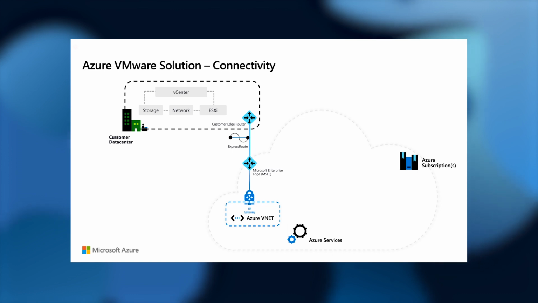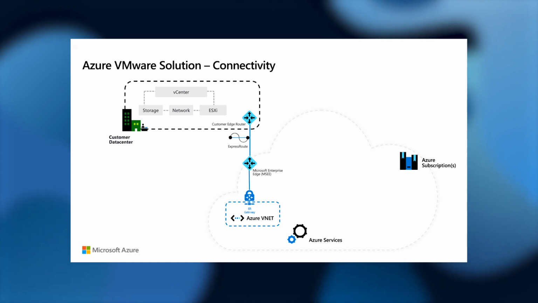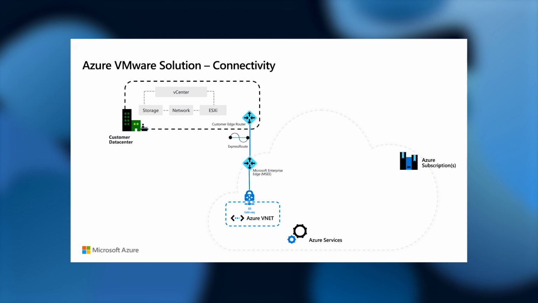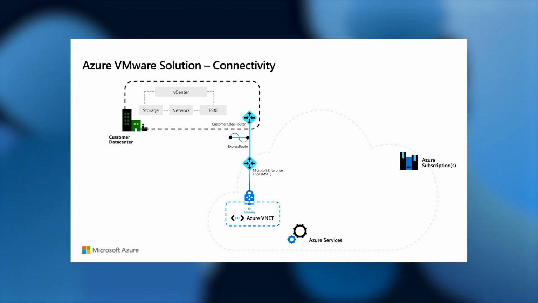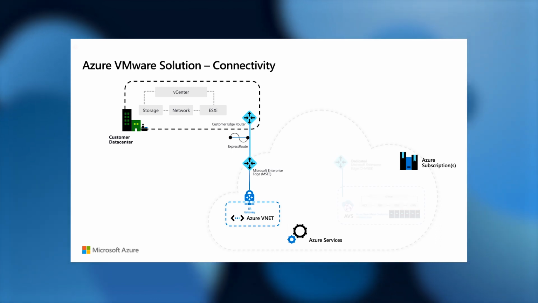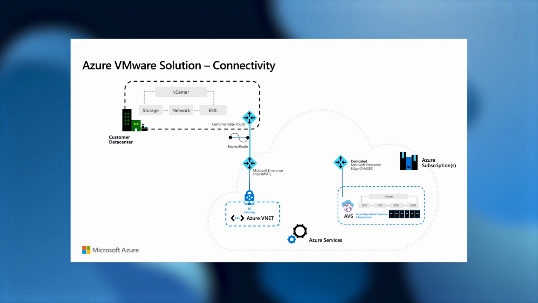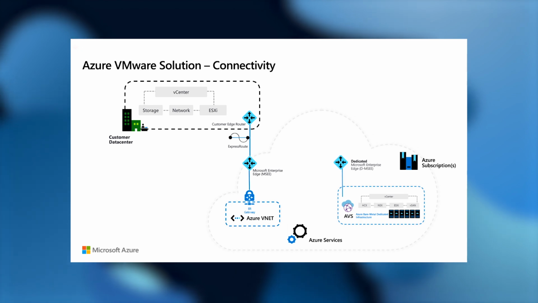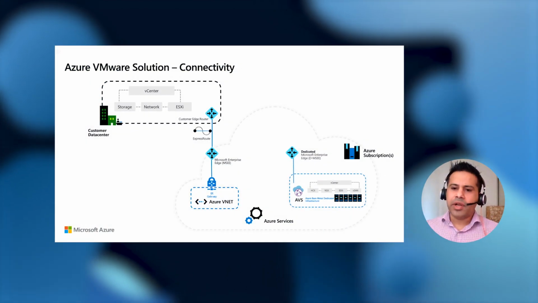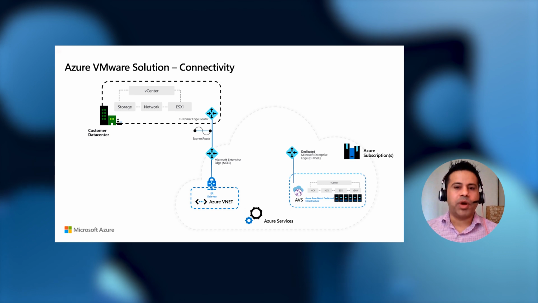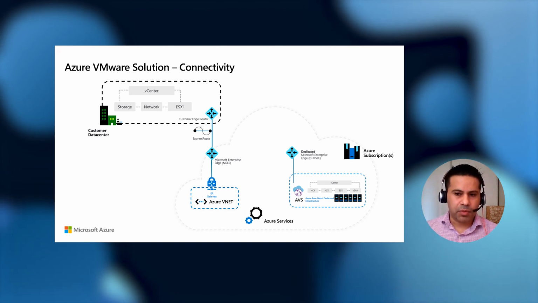This data center is connected over an ExpressRoute circuit to something called Microsoft Enterprise Edges to access all the Azure native workloads. Now let's add Azure VMware Solution to the mix, and you will see something called Dedicated Microsoft Enterprise Edges, or DMSEE. Connectivity to and from AVS is provided through these dedicated Microsoft Enterprise Edges, whether you're going to your on-premises environment or to your Azure VNets.